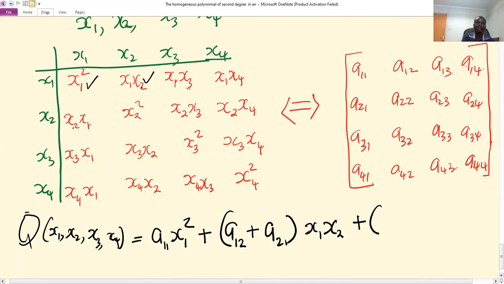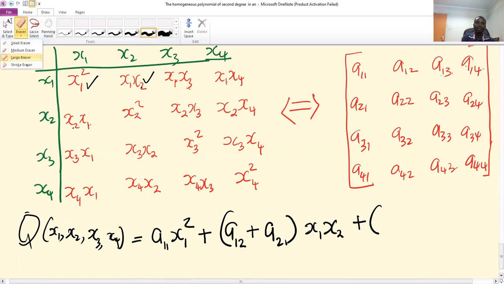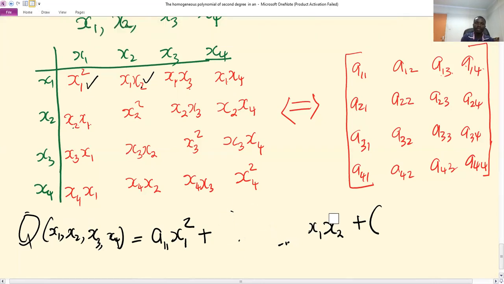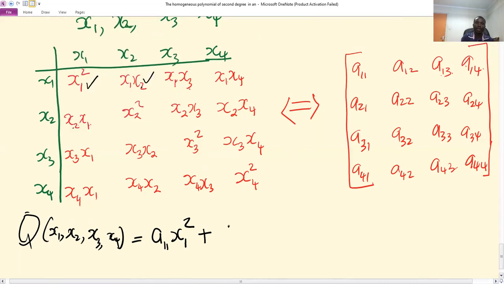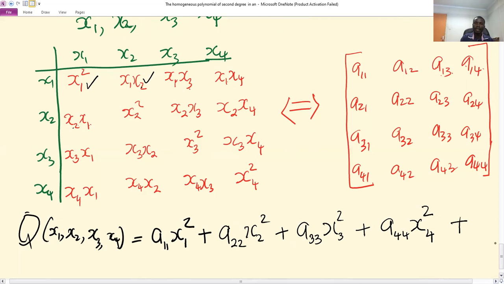Maybe the best way, let's just write all the main diagonal elements first before we go to the off diagonal elements. So the other one will be A22 x2 squared. This one will be A33 x3 squared. This one will be A44 x4 squared plus,